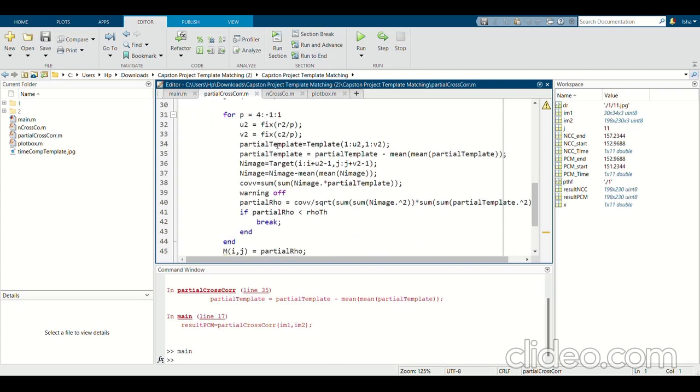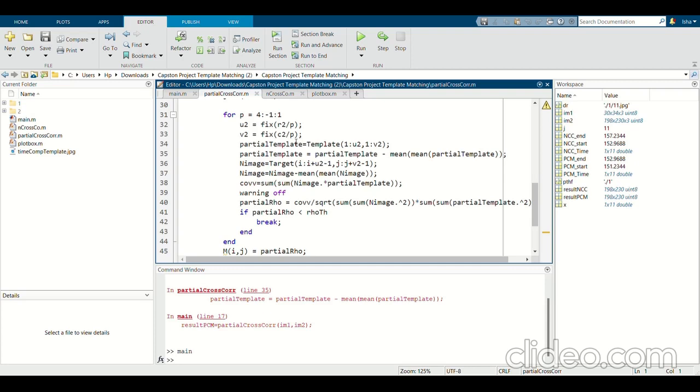So what is the use of this P? I am dividing this R2, that is the row of the template, and this C2, the column of the template, by P. Firstly it is divided by 4, that is I get 1/4 part of the template. Then secondly it is divided by 3, that is I am getting 1/3 part. Then it is divided by 2, which is I am getting half template, and then it is 1,